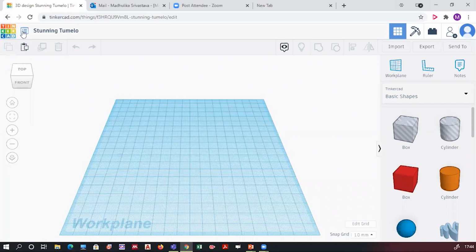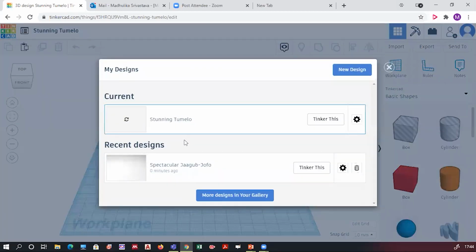Next to Tinkercad, you will see a panel indicating recent designs. Suppose you have saved a lot of designs, you have worked a lot. If you want to refer to those designs, you can just click over here and all of your designs will come in front of you. Fine, you can close it.